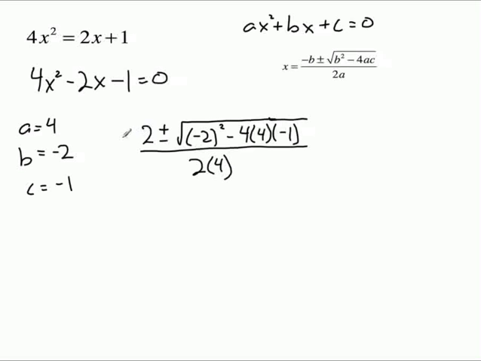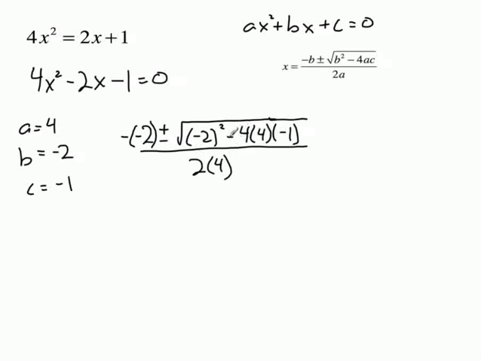Now, to be consistent, I'm going to do this. So, it is negative b. Remember, this is b. So negative b plus or minus the square root of b squared. All of b is squared. This is where most of your mistakes happen, is right here with this negative, and also right here with this other negative. A lot of people think that the c, 4 times a times c, but you have to remember